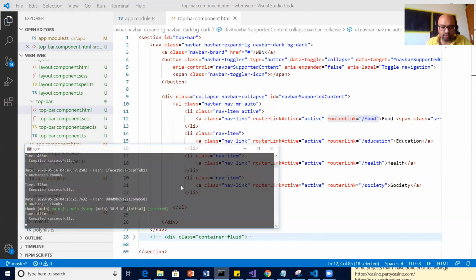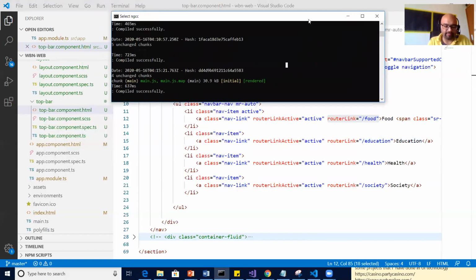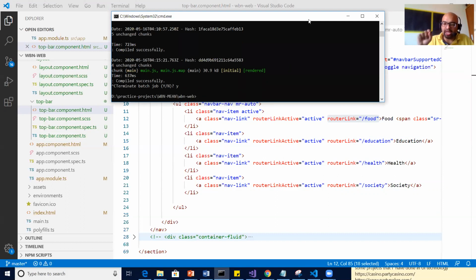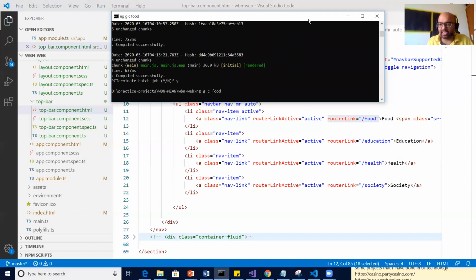So let's do one thing. Let's quickly add these pages, correct? Because now our UI flow says I have clicked, and now I need pages, which means I need content pages. Now I need child pages, which in short means I need components. So step 2, add those components. Say ng g c food. Have we added them or not? No, we have not added. So ng g c food, Angular generate component named food.